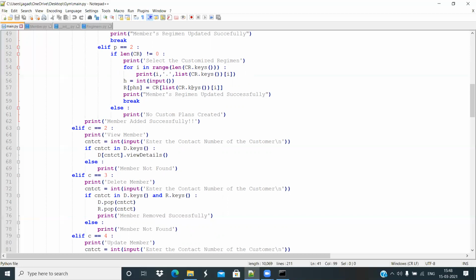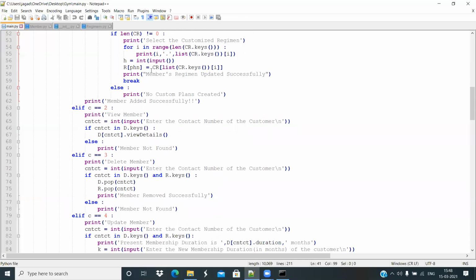This is actually the name of a program, and CR of that program gives us a dictionary which I am going to show you later when we come to it, and it shows membership created successfully and breaks. If length is equal to 0, it shows no custom plans created. It shows member added successfully.